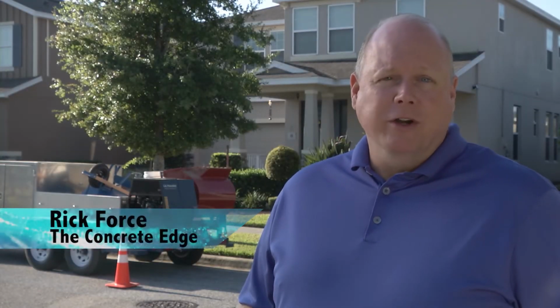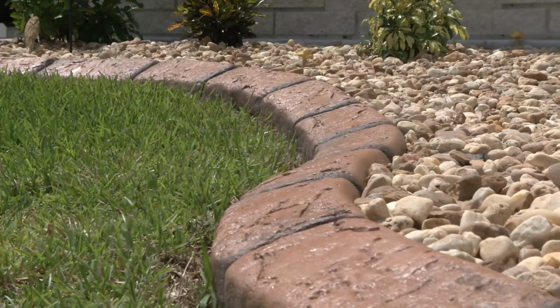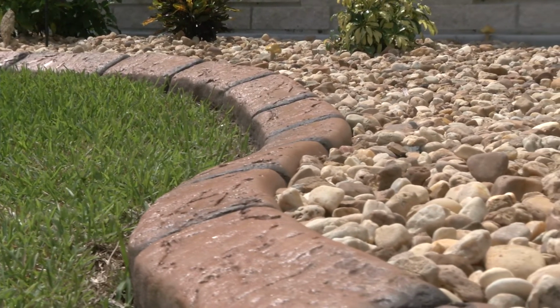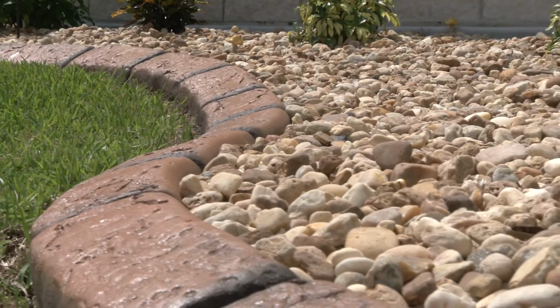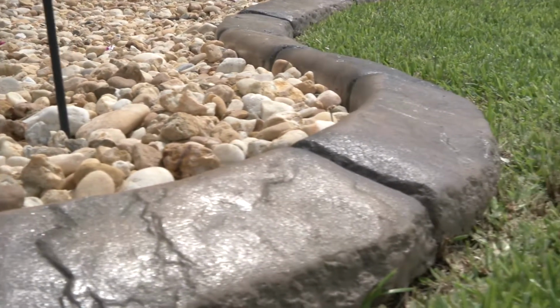Decorative concrete borders. Pretty cool looking stuff, but what do you really know about it? Besides the fact that it looks amazing and increases property values, it will not deteriorate like the edges you get from the big box stores. How about the fact that you can actually create it yourself? Well, not with a couple of sand buckets and shovels, but with a complete Lil Bubba curbing system by the